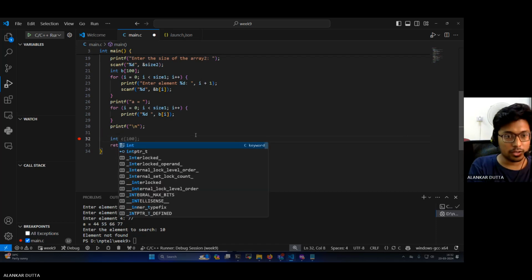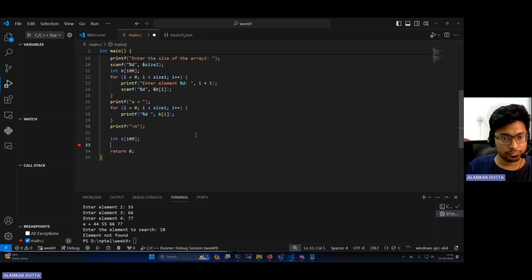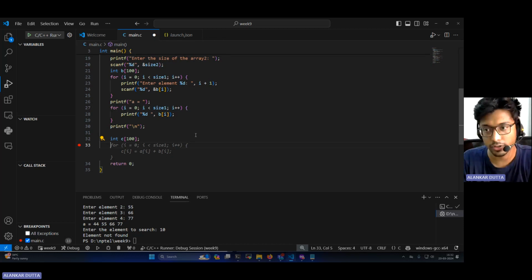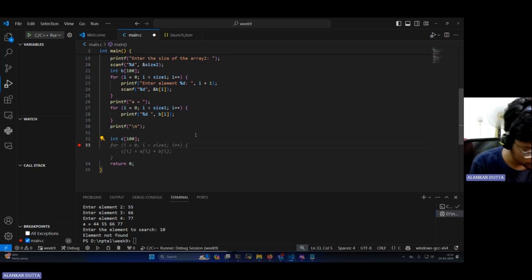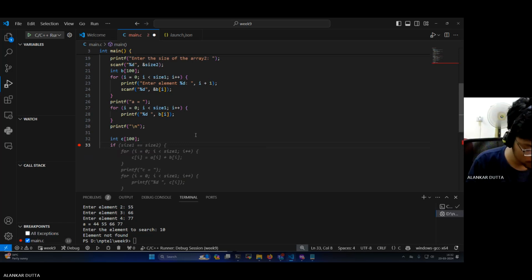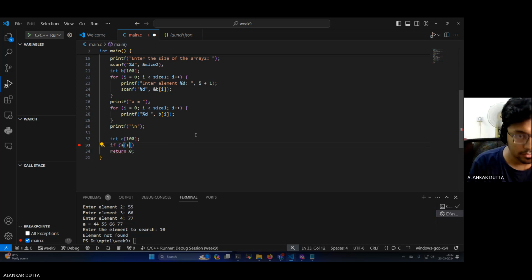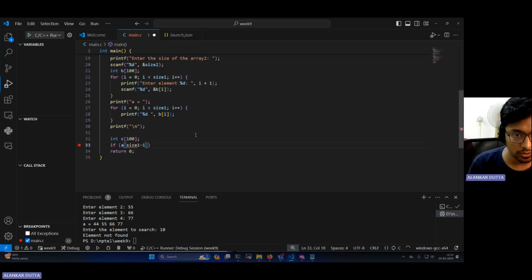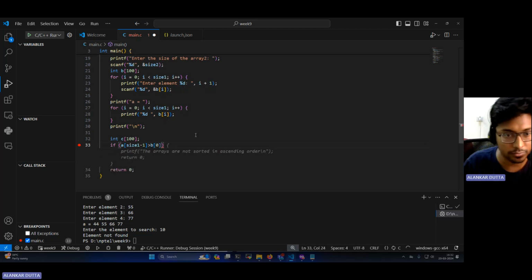So I'll declare int C[100]. And now what I'm going to do is check the last element of the first array with the first element of the second array. So if A[size1 - 1] is greater than B[0], so that this would mean that